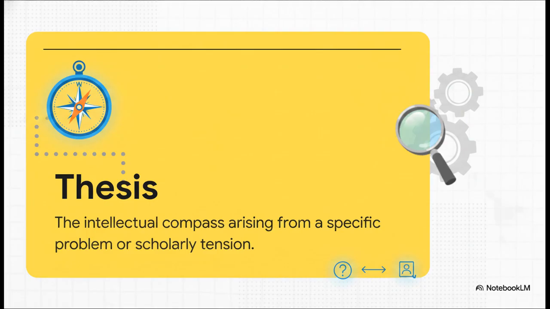That's not a compass, that's just a topic. A strong scholarly tension looks more like, while social media platforms were designed to democratize communication, they paradoxically create isolated echo chambers, revealing a tension between global connectivity and localized polarization. Boom. By starting with a real problem like that, you prove to your reader that your paper is born from a genuine intellectual need. Your thesis becomes your definitive answer to that problem, guiding every single word that follows.